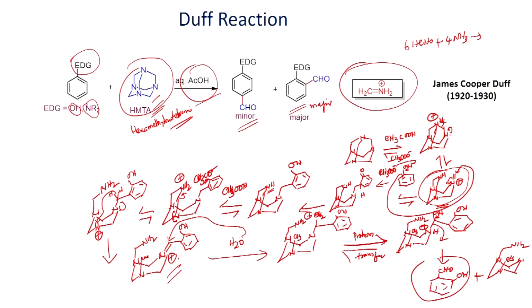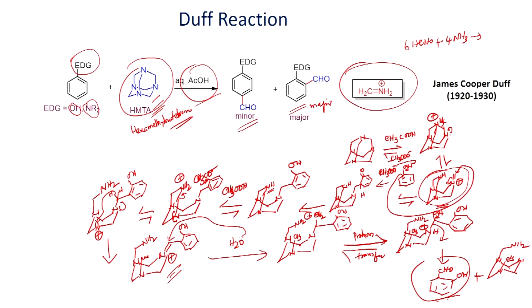Once we form this one, it can readily undergo hydrolysis, as we have seen in the previous examples, to give aldehyde as a product. This is one of the common reactions we use often to make salicylaldehyde. For example, if you have phenol, you can make salicylaldehyde in good yield in the presence of aqueous acetic acid. This is commercially available. You can react them when you heat, and you will be able to get the salicylaldehyde as a major